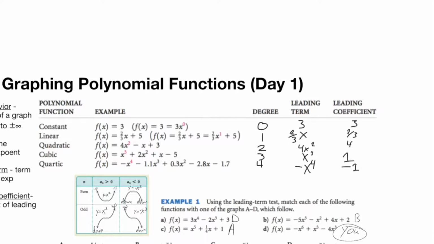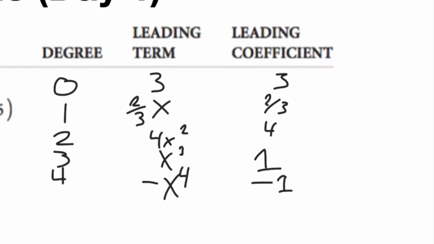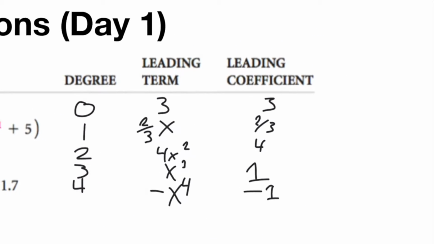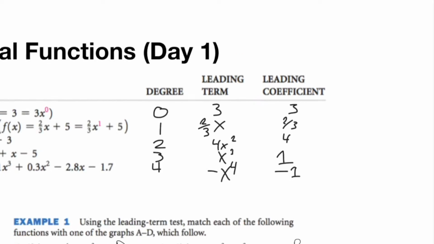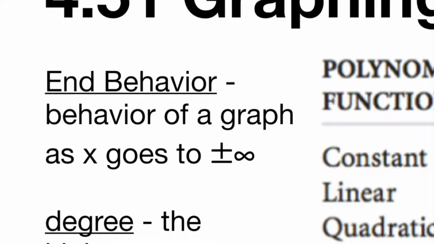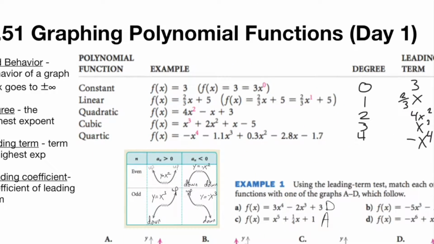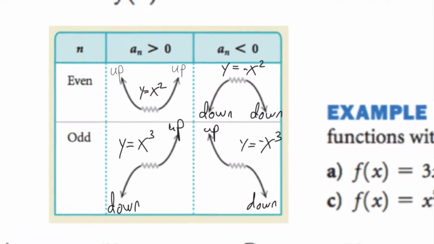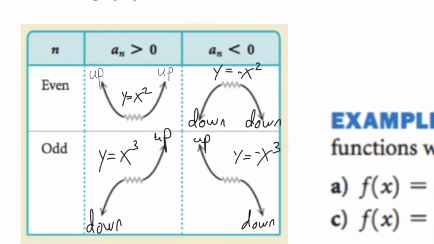We need to know all these things because we need to be able to analyze a function, and if you know the degree of a term and if you know the leading coefficient, then you can determine what's called end behavior. The end behavior is the behavior of the graph as x goes to positive infinity and negative infinity, like this. Now I realize that this chart right here is probably too small for you to fill in, so I would encourage you to take the part that I've written and maybe write it on the side or something like that. But anyway, end behavior is basically the idea that there might be a whole lot of weird stuff going on